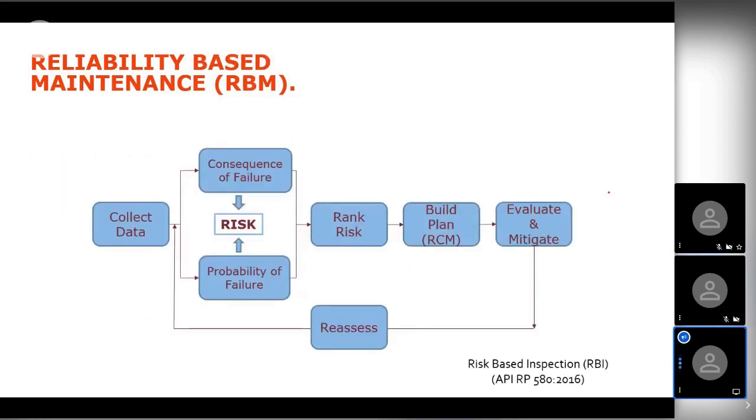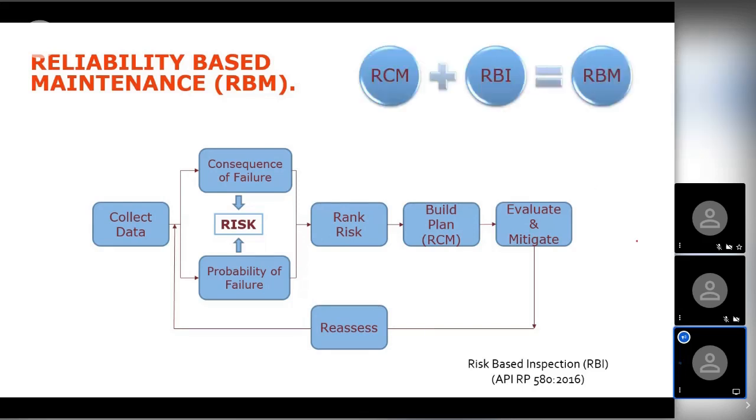So as a process map, as a plan, as sort of how I see this fitting together, collect your information. Assess the risk, which is a combination of consequence times probability. Rank the risk, highest to lowest, focused on the biggest problems. Build a plan, and you might want to use RCM to help you decide how you build that plan. If you're looking at the plan, do, check, act cycle of continuous improvement, we always want to evaluate how we're going. We may need to go back and reassess our risk again and continuously improve it.